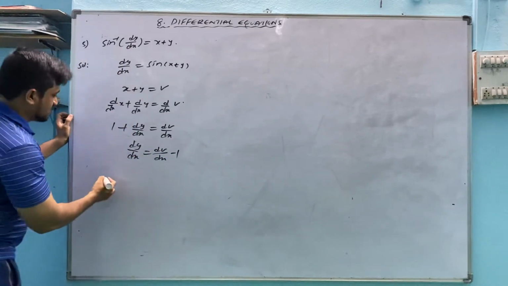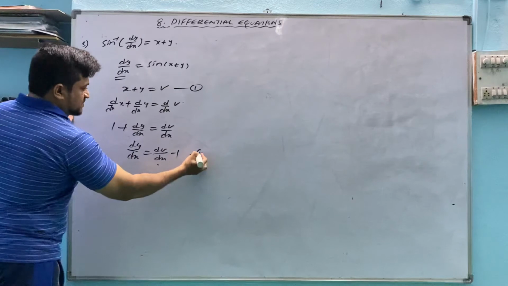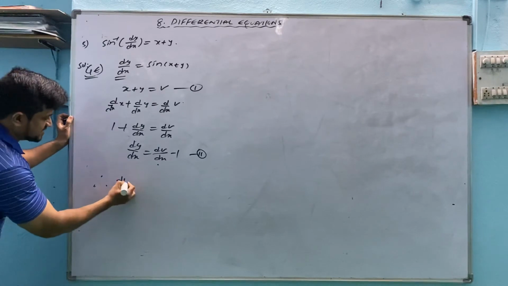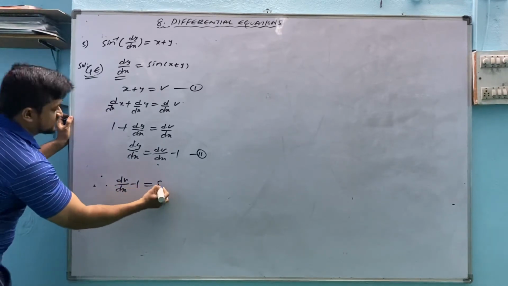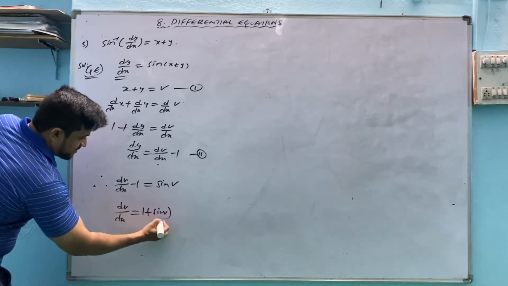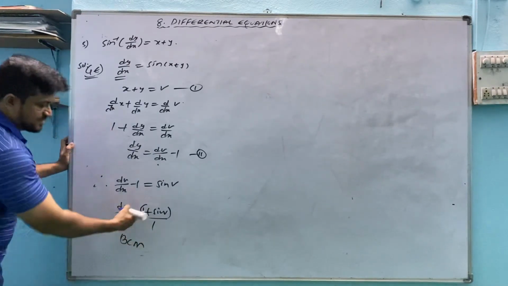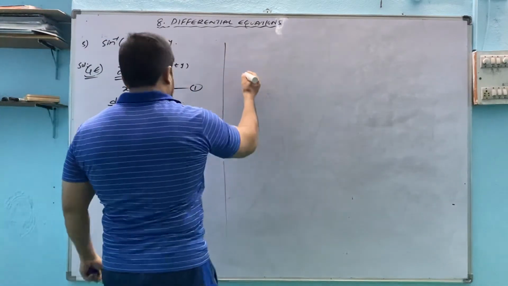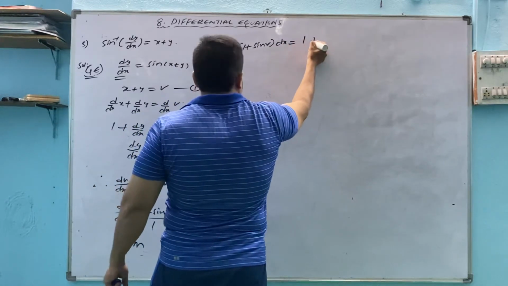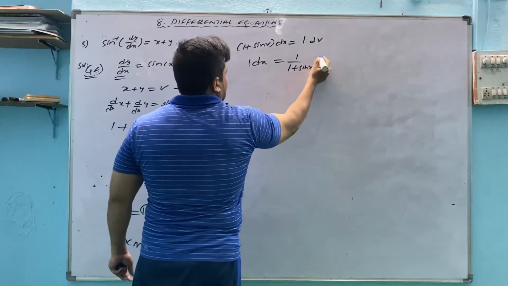Now the question changes to dy by dx is changed to this is 1, this is 2. 1 and 2 you can substitute in the given equation. dy by dx is dv by dx minus 1 equals sin, this is v. So dv by dx equals 1 plus sin v. Now we can separate the variables in this one by cross multiplication. dx is cross multiplied. Now we have dx doesn't have anything, 1 by 1 plus sin v dv.